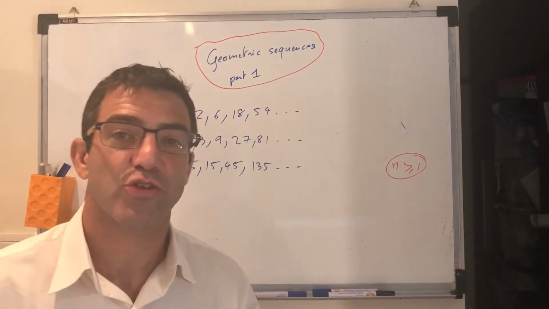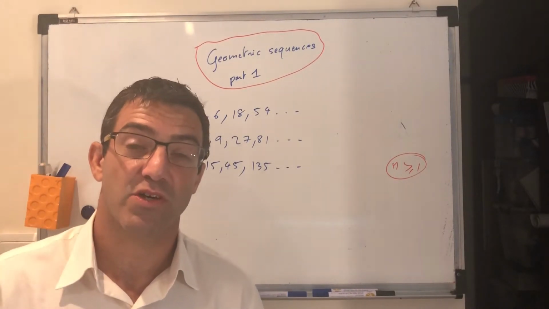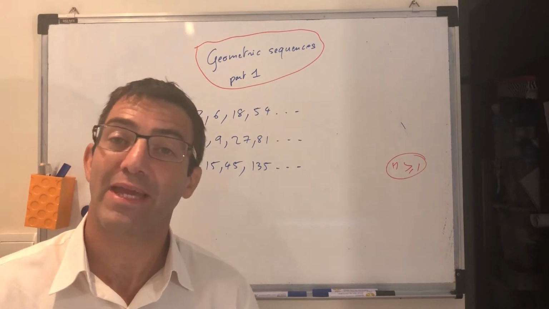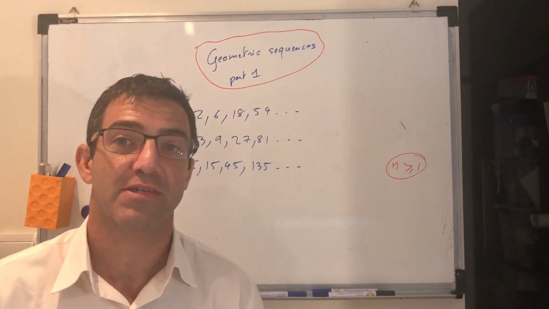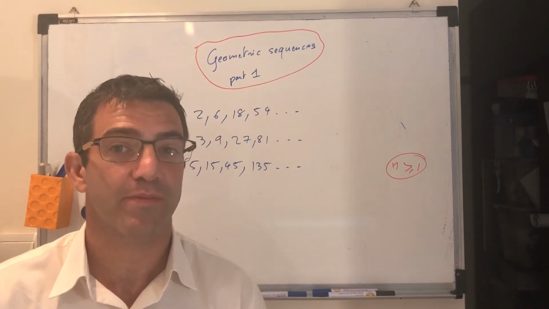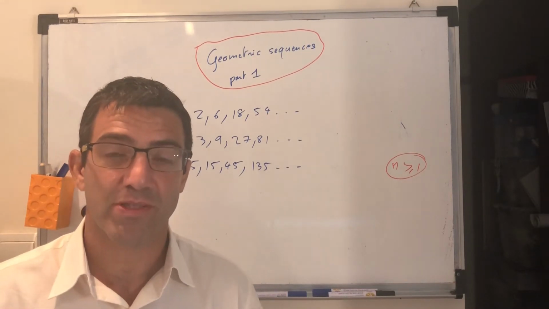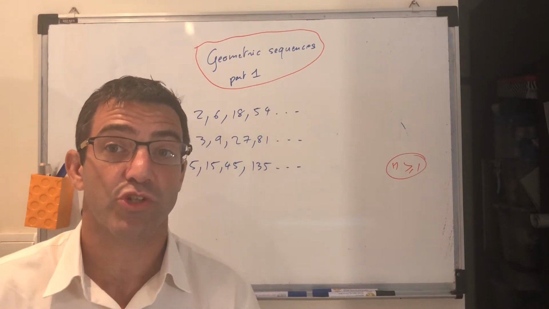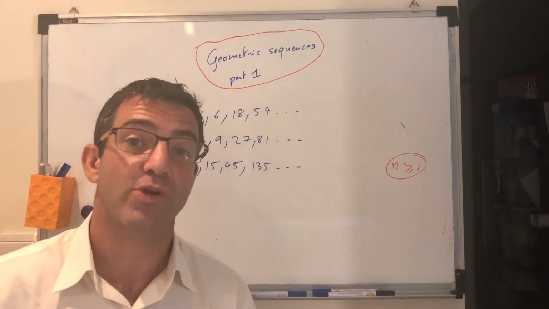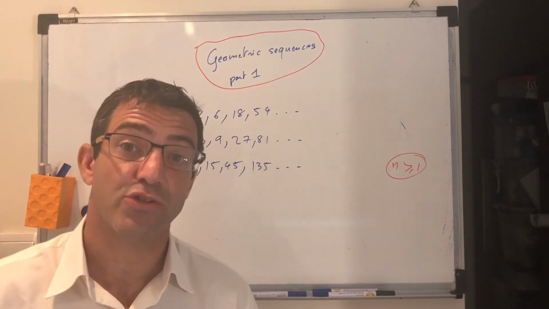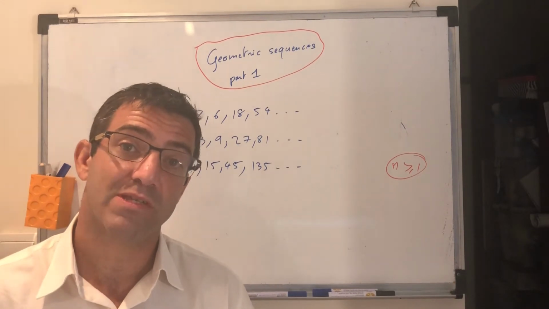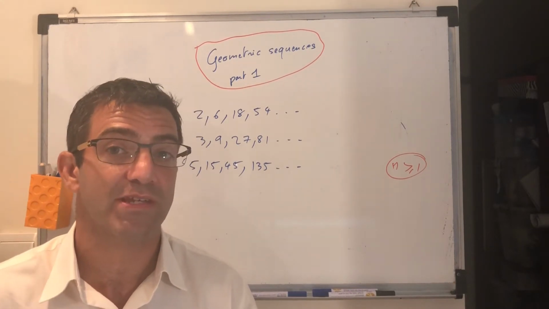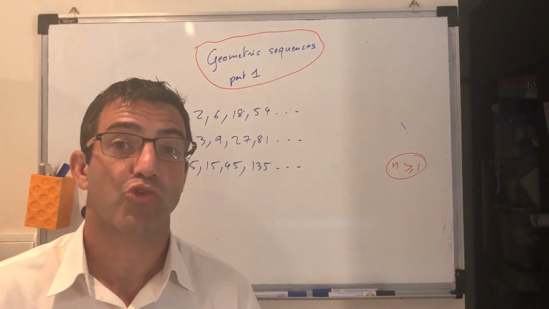So today I'd like to talk to you about geometric sequences. We have two main types of sequences in mathematics that we discuss in your curriculum: arithmetic sequences and geometric sequences. Arithmetic sequences are ones which go plus, plus, plus, plus, where you're always adding the same value to your sequence. And geometric sequences are ones where you multiply the previous number by a ratio, which is going